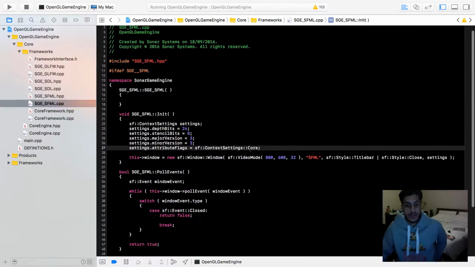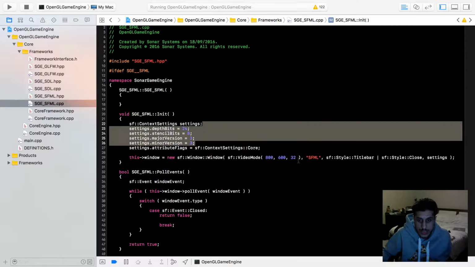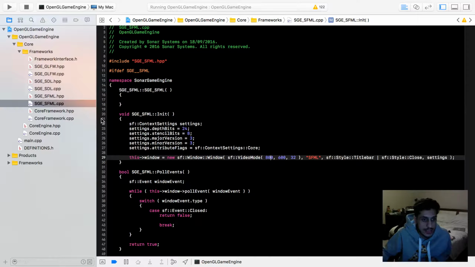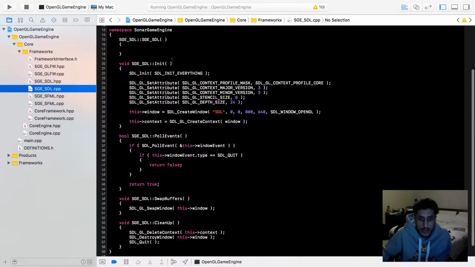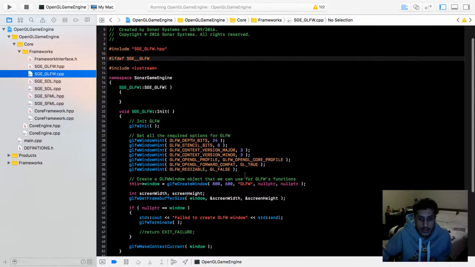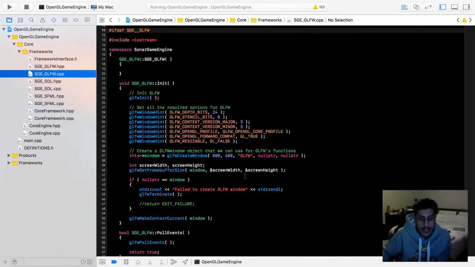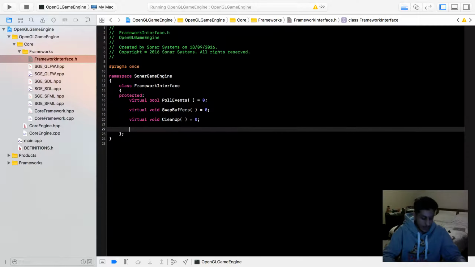Like I was saying, I want to start abstracting these out and the resolution out as well, because pretty much all of those values are common in every single one, and we want to take them out so we can easily change them. First of all, I'm going to handle the resolution. So in the framework interface, I am going to